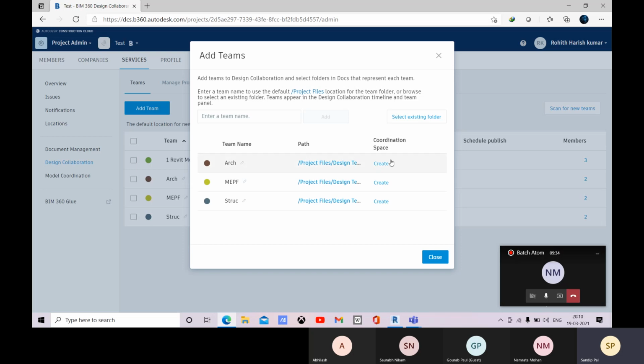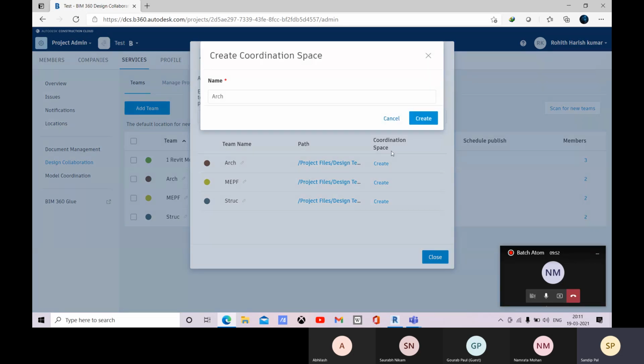This one is for your model coordination. As per these files and all the models present in there, according to that you will be creating your coordinations. You can create it from the beginning, or else you can create it later as well. So let's create.